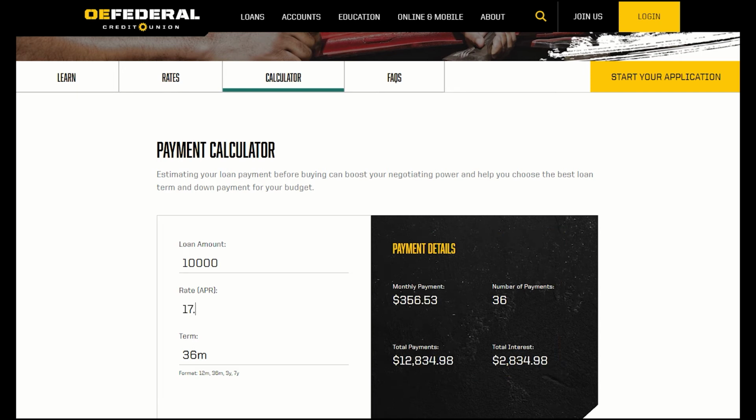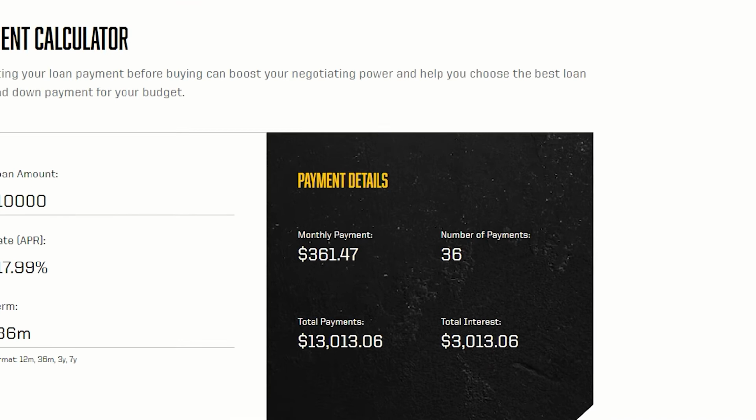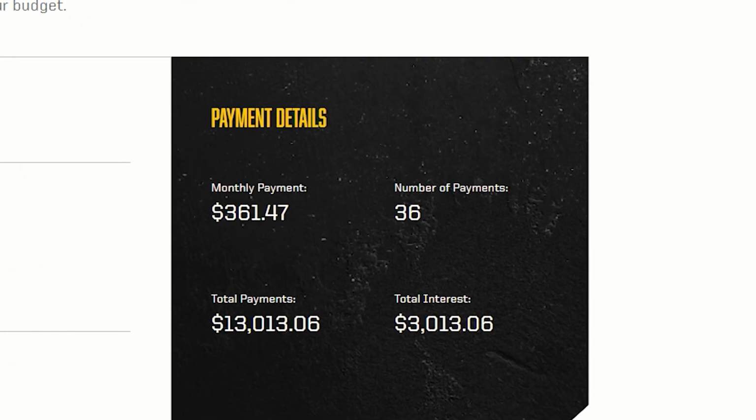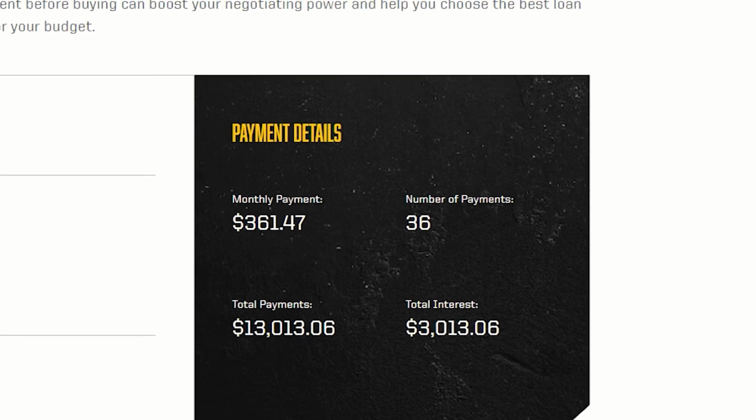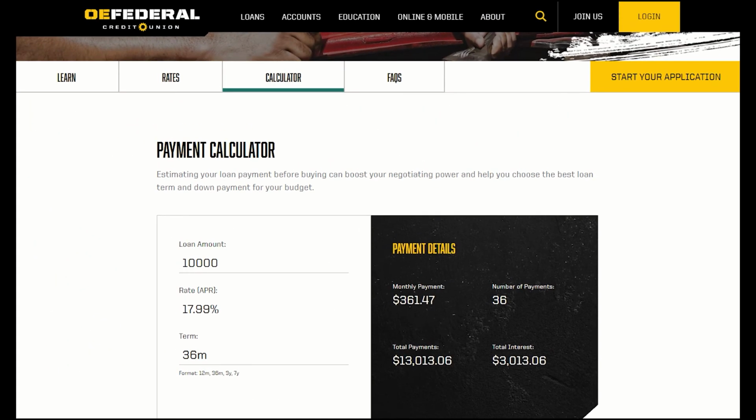We'll put in 17.99%. Now you'll know the lowest payment and the highest payment with a 36-month term for a $10,000 loan example. The term, which is how long you're going to borrow the money, will also change your payment. You can see here, if we go with a longer term like 60 months, it'll lower the payment but increase